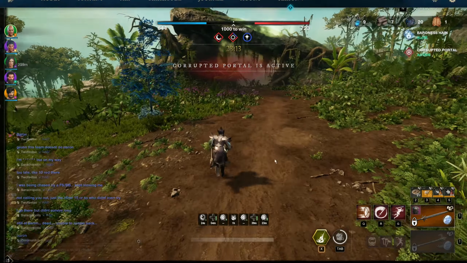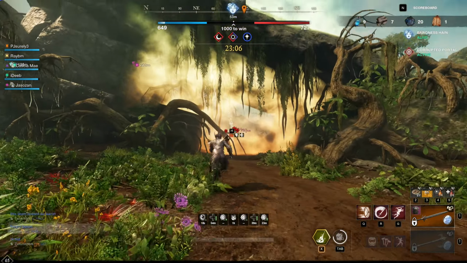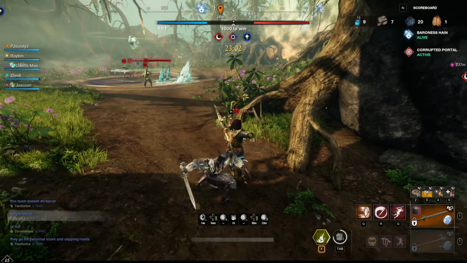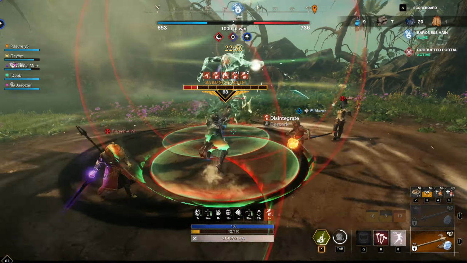What's up everybody? So this first clip doesn't really have anything to do with the build I wanted to show, but this was pretty funny to me. The team was already crying about, oh, we don't have anybody bearing. And then as soon as me and this guy with the rapier snipe it, he just pieces the hell out and leaves me for dead. Anyway,